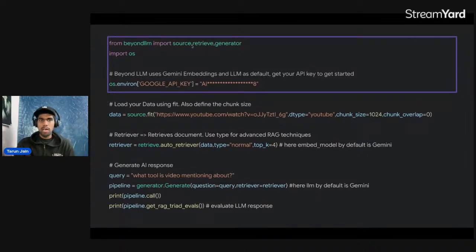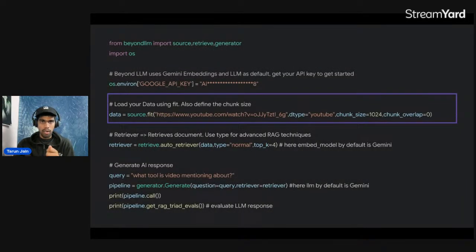At first, we are using Gemini model. So Gemini is the default LLM and embedding model that we are using for Beyond LLM. And once you set up your API key, the next step is you need to add your data. In order to add your data, there are different data sources. You have PDF, you have CSV file, you have YouTube video, you have Notion link. It can be Drive. Any external data that you have, you can pass it to the source.fit and you can